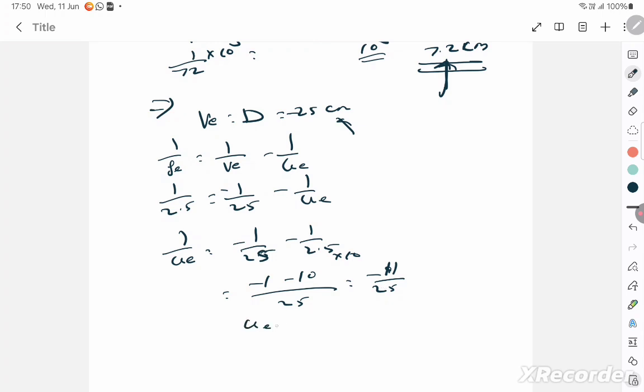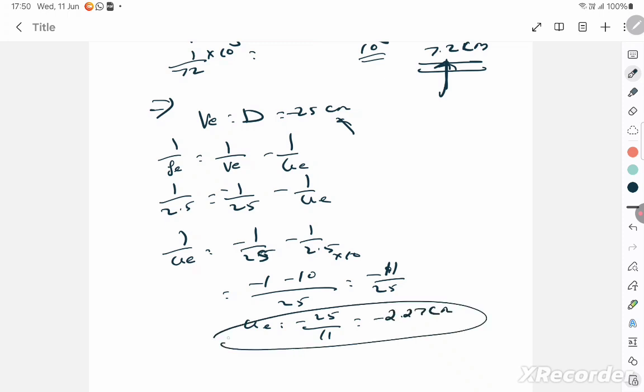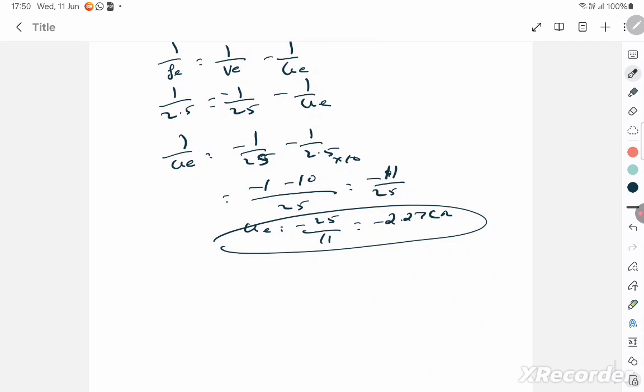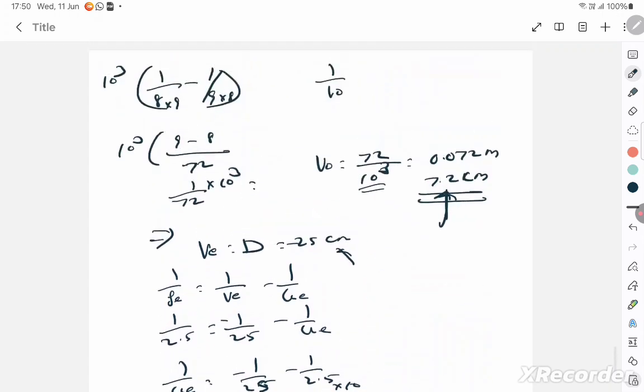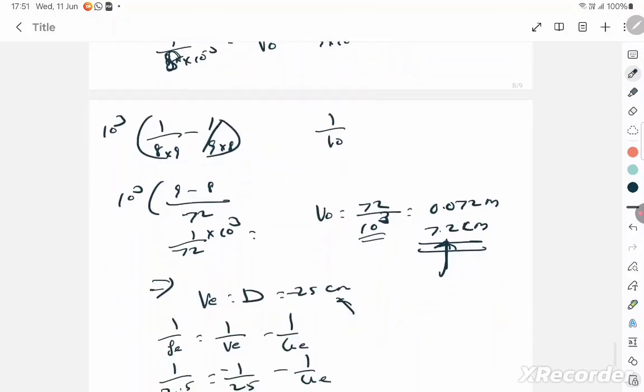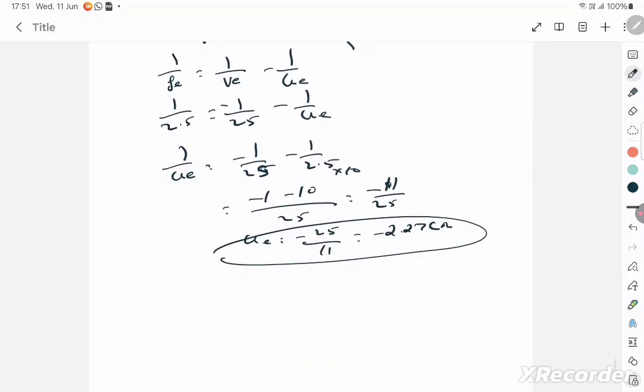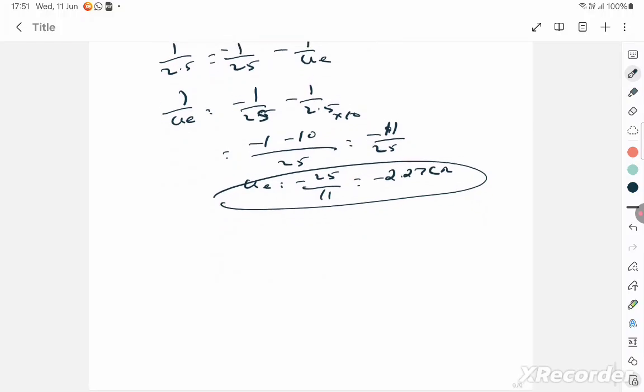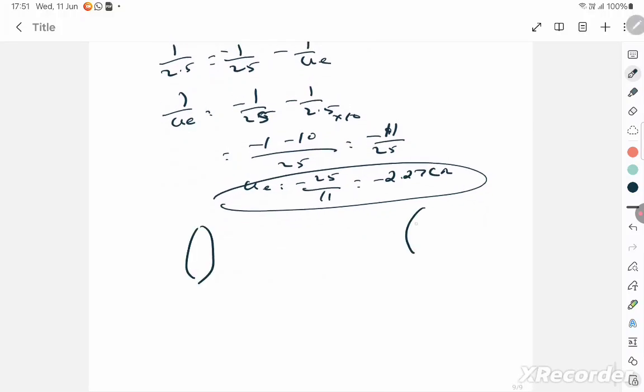And so I have to take the reciprocal. Normally I forget to reciprocal. Make sure you're doing a reciprocal of it. Minus 2.27 centimeter is my UE. So once you get your UE, remember always that when you get the final image at D, the separation between the two lenses, if they ask you, you can take it as,